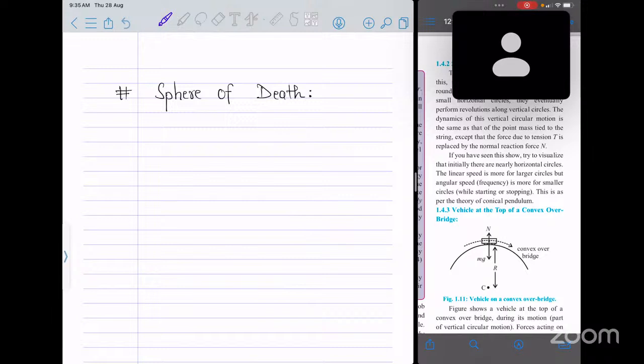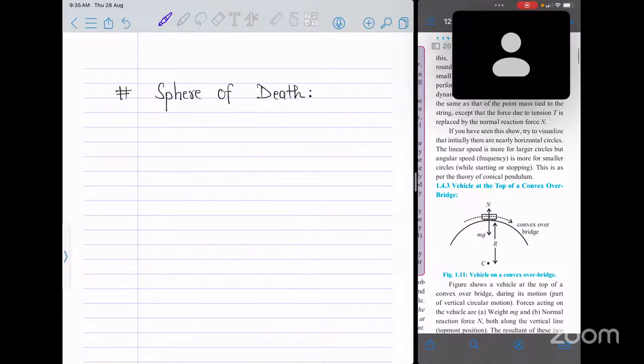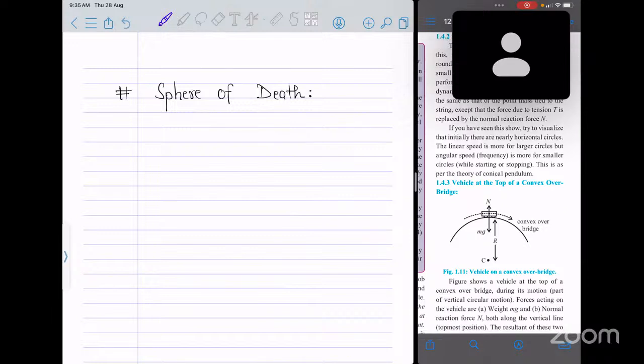If you have seen this, so try to visualize. तुमने देखा क्या ये? मैंने तो ना देखा। बट कंडीशन ये है कि अगर इसके ऊपर ये चलता है तो किस तरीके से मेंटेन रहेगा। और क्योंकि स्ट्रिंग बंधा हुआ नहीं है, बाइक है, बाइक चल रही है इसके ऊपर। एक बड़ा स्फीयर है, उसके ऊपर बाइक है, और ये घूम रहा है स्फीयर। तो ऊपर वाले बंदे को इस तरीके से मेंटेन रखना खुद को कि चलता रहे।